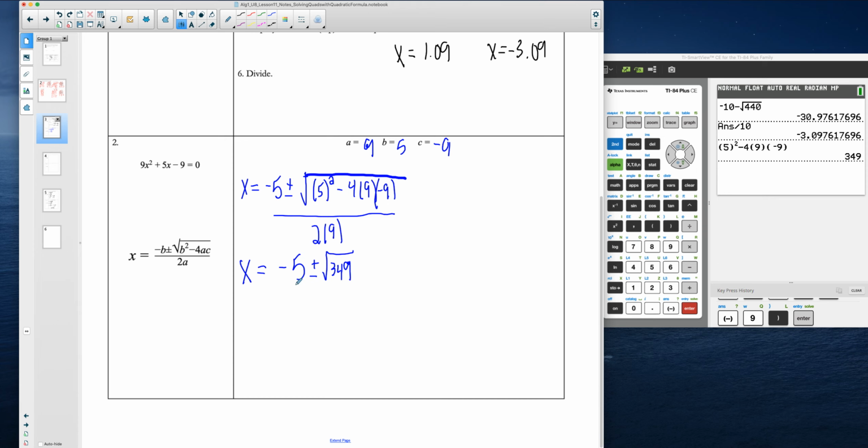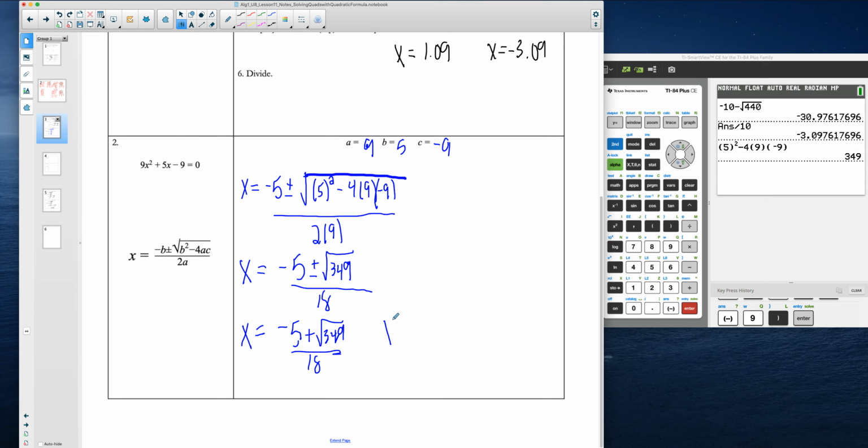All right, and then we have in the denominator there 2 times 9, which is 18. All right, and so now this is where we want to split it apart so we can get our two answers. So x equals negative 5 plus the square root of 349, divided by 18,